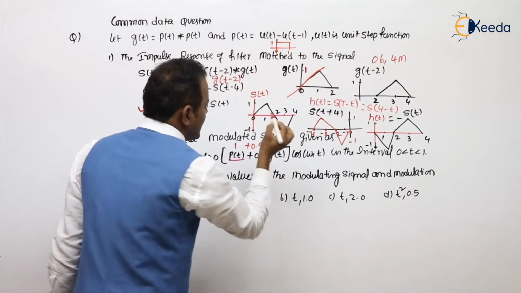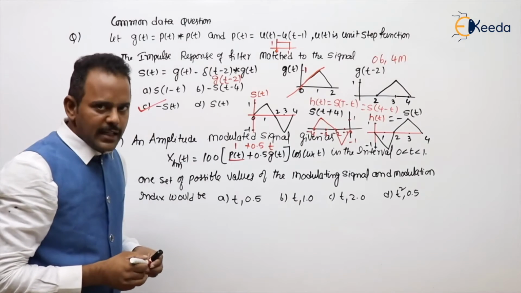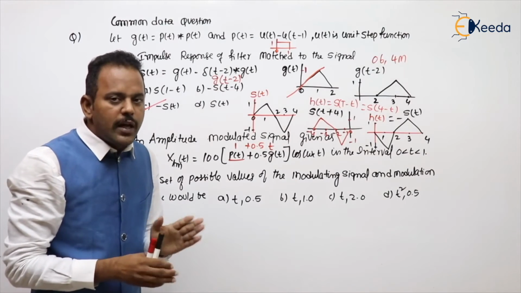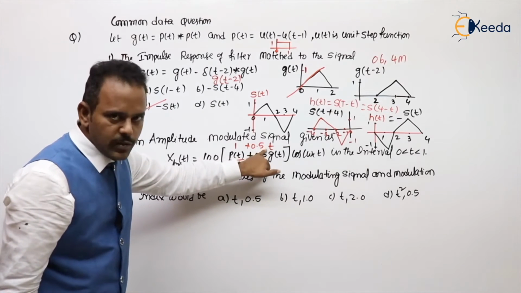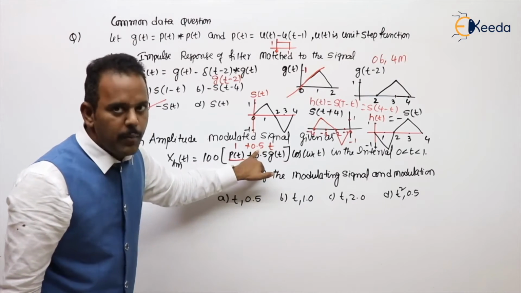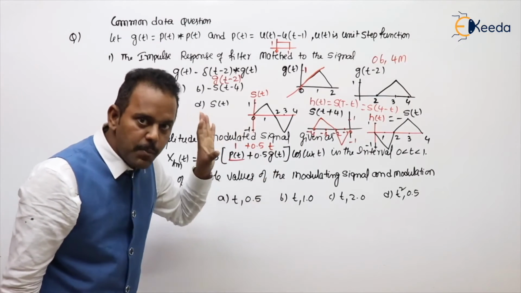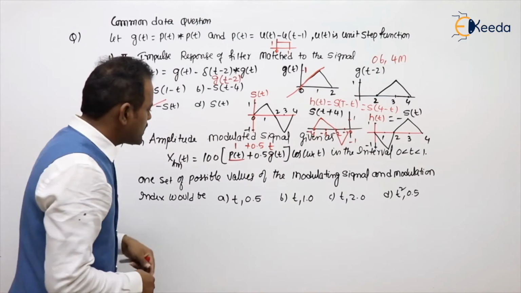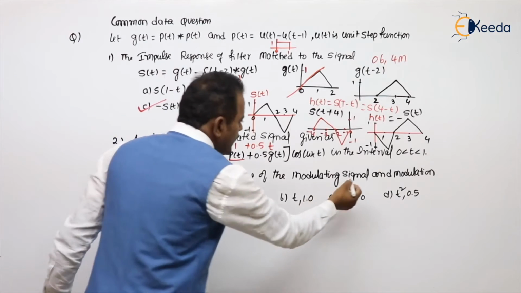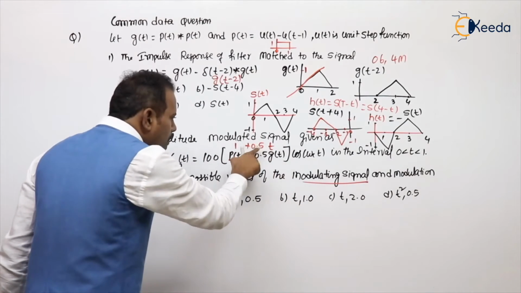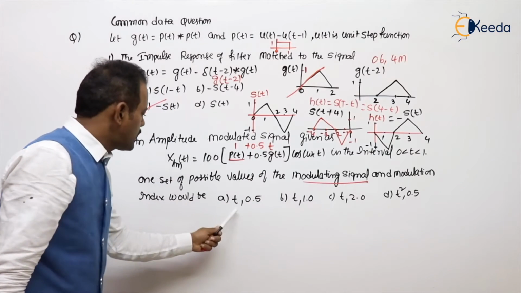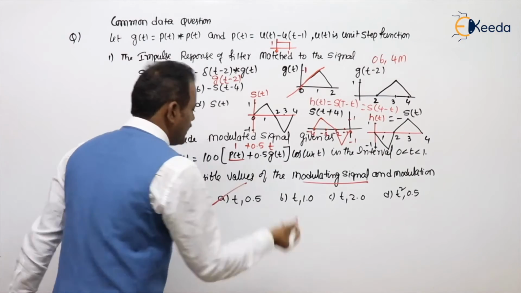So it is t. Now, after seeing that, here you need to try one of the possibilities. So this may be the message and this will be the modulation index. That is a possibility we have. So he is asking first what? Modulating signal or message signal, same. It will be t and modulation index will be 0.5. So t comma 0.5. So option A itself.